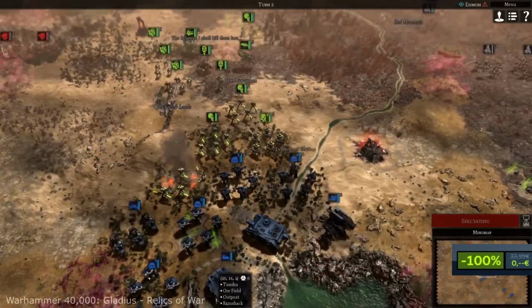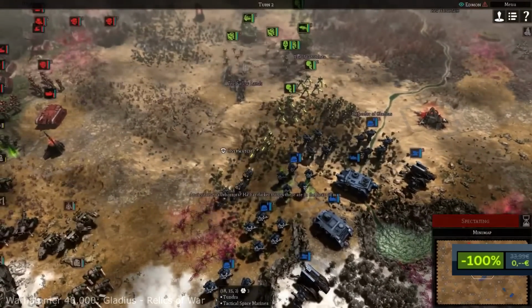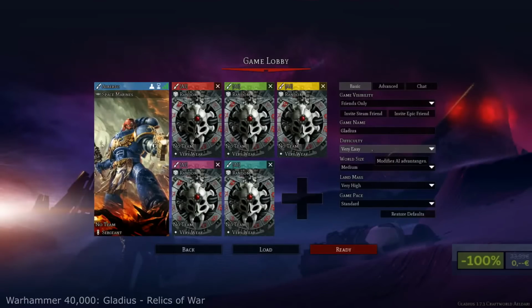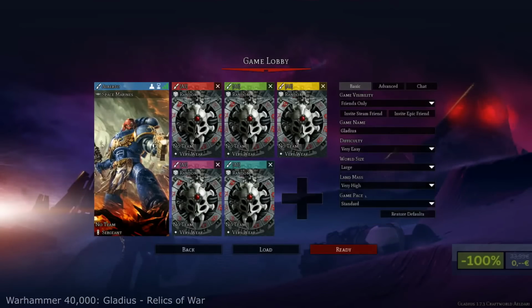If you like the game, keep in mind that there are about 13 DLCs available. So yeah, that's a trap for your wallet, but it may be a pleasant one. Maybe you like to suffer, I don't judge. Anyway, Warhammer 40,000 Gladius Relics of War brings you a world of terror and violence with a turn-based 4x strategy